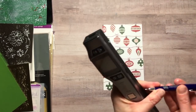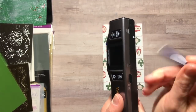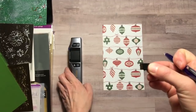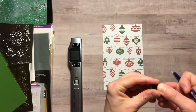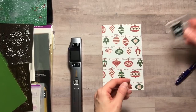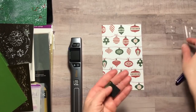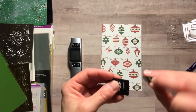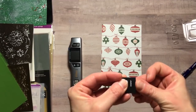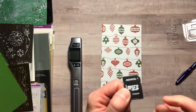The SD card is so little. So you pop this out, and when you put it in, make sure that the gold bars are up so that you can see them. But when you put it in the adapter, you put it down, the gold bars are down. And it goes in here, and then you plug this into your computer if you have one of those micro